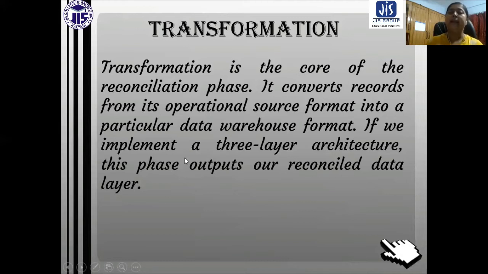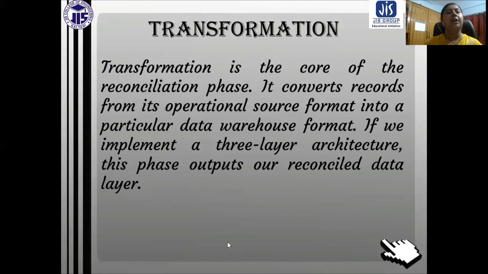So basically, in the transformation portion, the data is going to be converted into a well-documented manner. Whatever format is maintained by the source, we are going to change that operational source format into a specific data warehouse format. So after completion of this step, the data is ready for loading. So transformation is a very, very important thing.